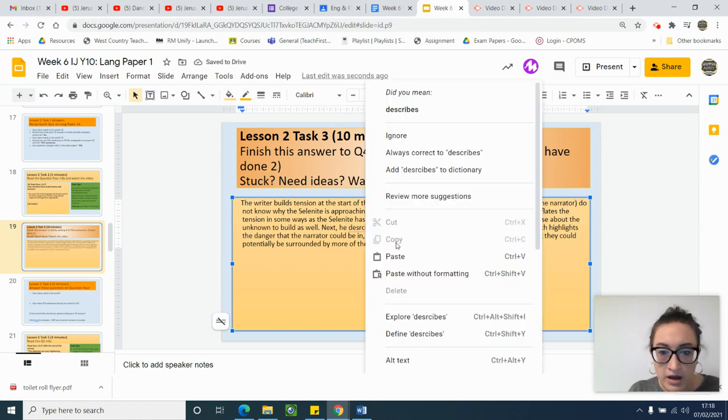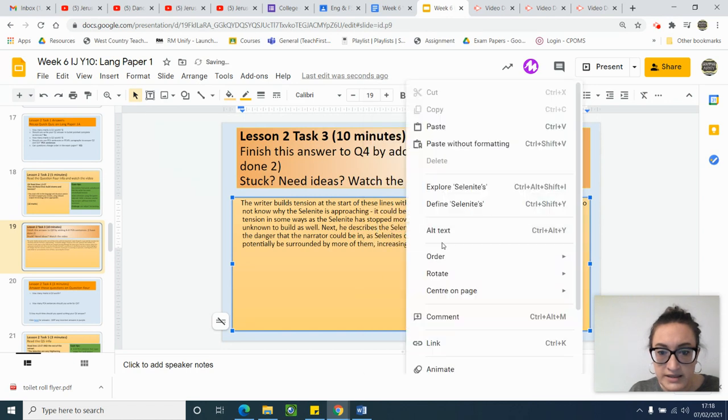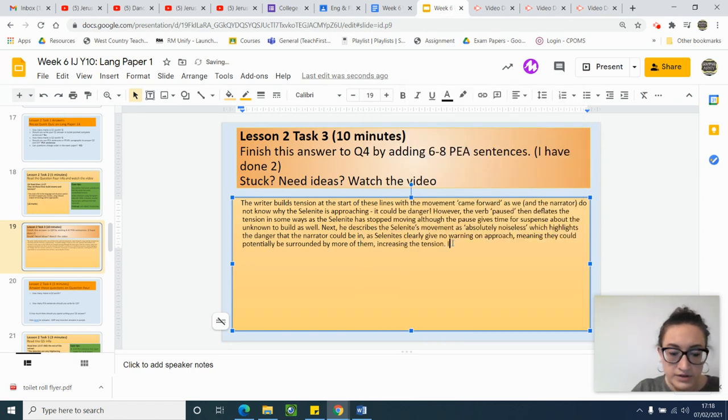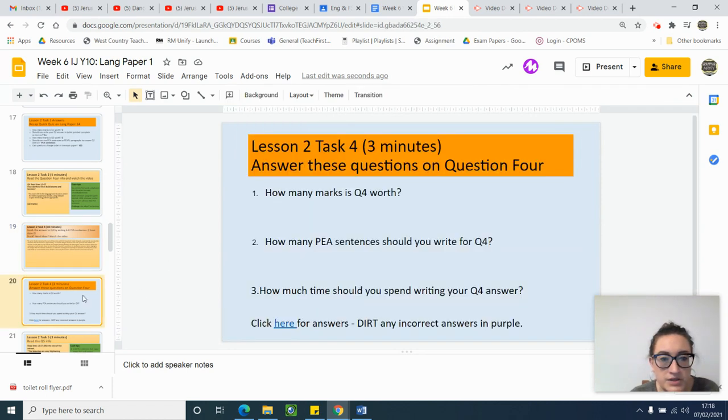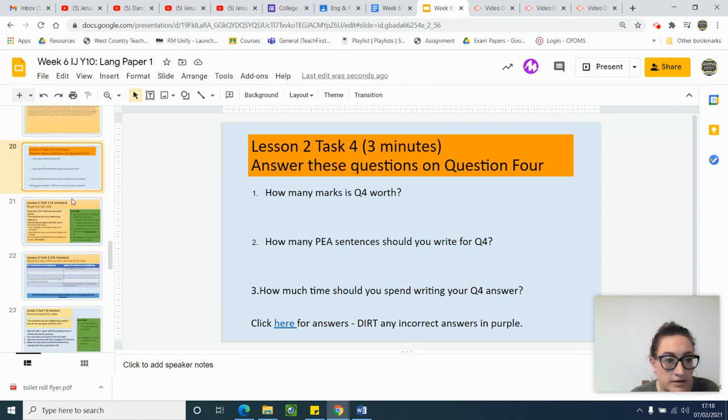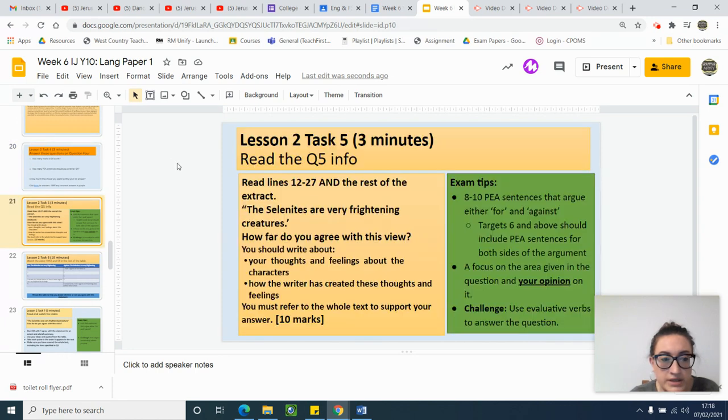Okay. I would use connectives like after this, it becomes more tense because. So you're trying to structure it all the way through with comments about whether the tension is rising or falling and why that's happening. I would pause now and carry on writing five or six more points for that answer. Then slide 20 asks you to answer some questions from question 4 again. Slide 21 moves on to